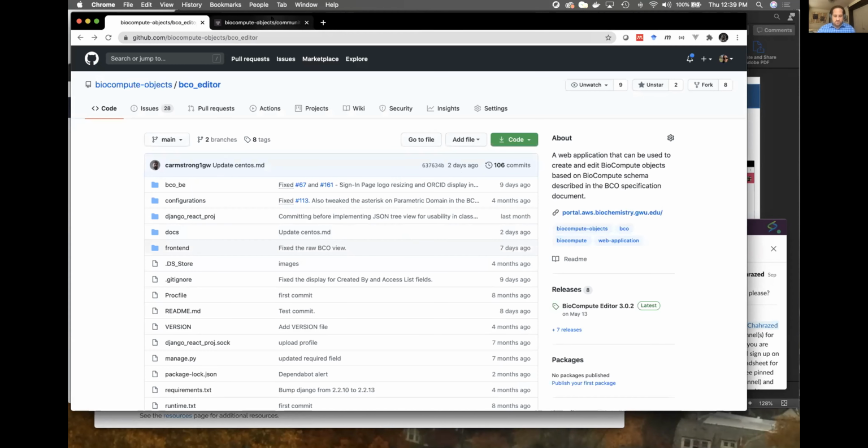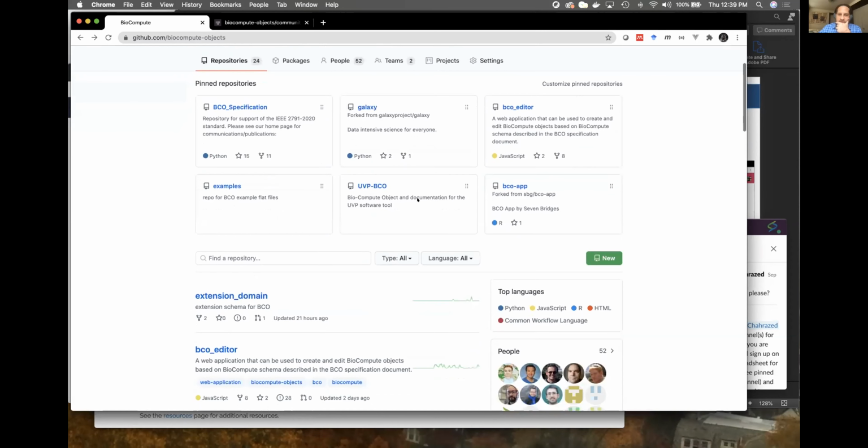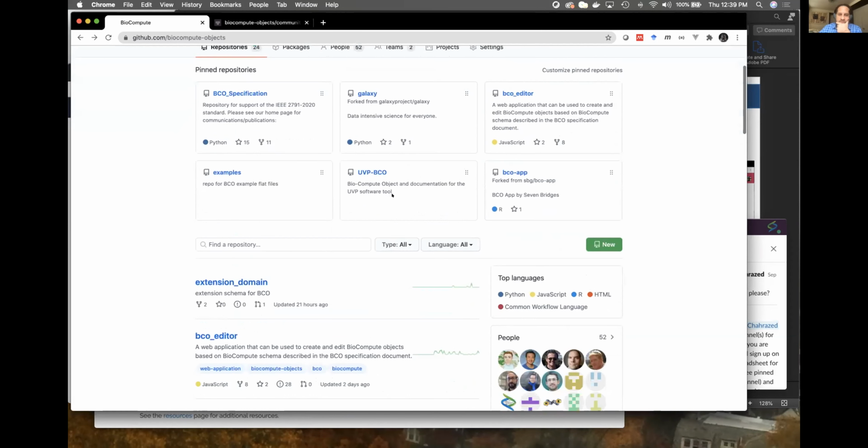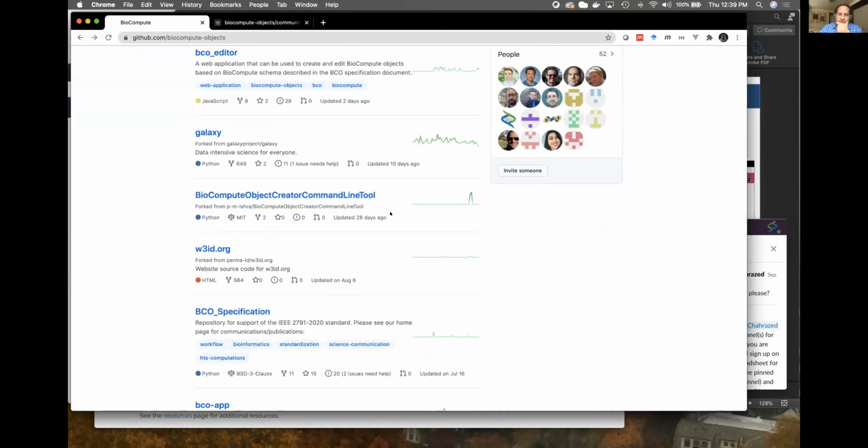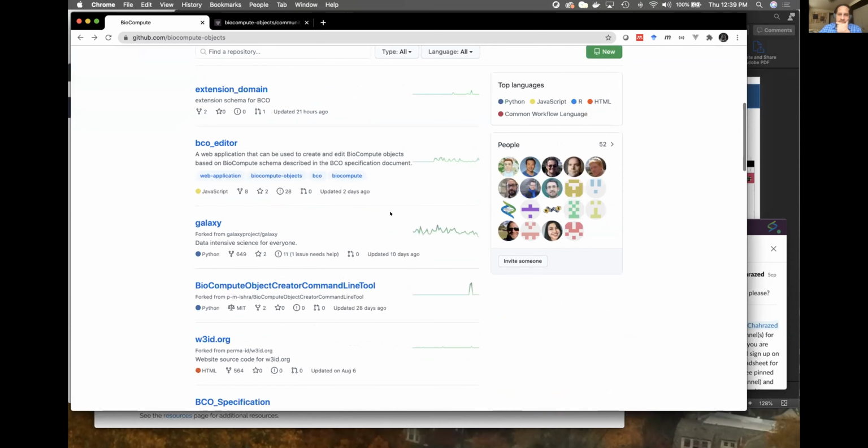So there are also a few other repositories we have here for support of Biocompute objects. So feel free to take a look. Our Galaxy instance